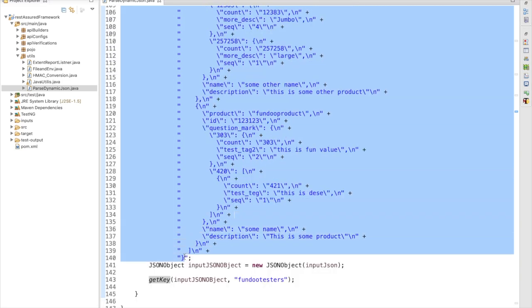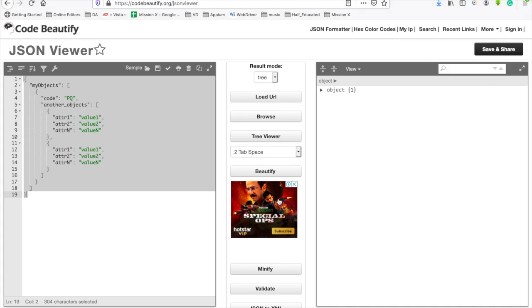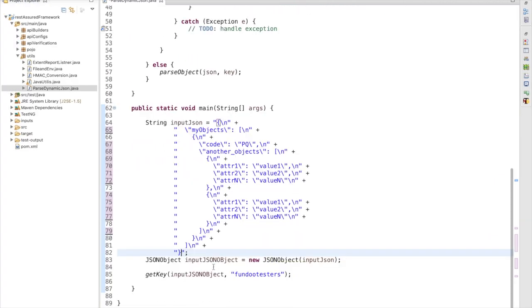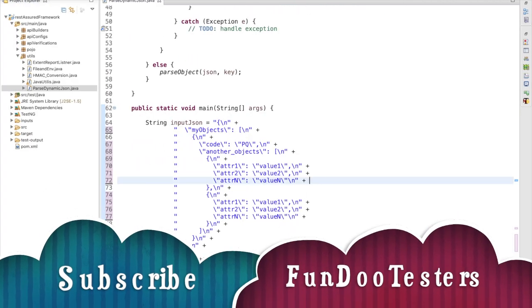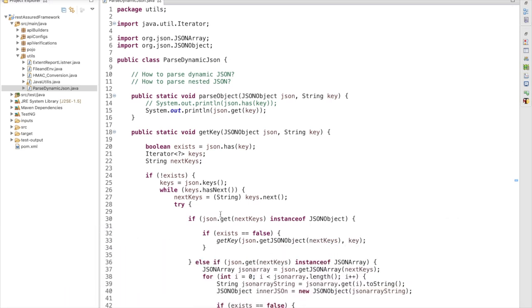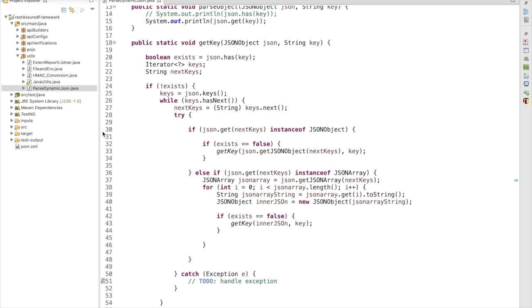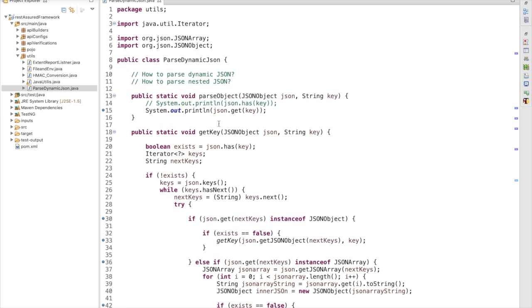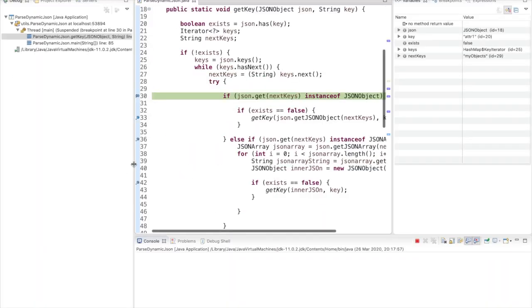For understanding purposes, I'm going to use EasyJSON, so we can easily grasp the thing. I'm going to validate attribute 1 inside this JSON, and I'm going into debugging mode. I want to put my breakpoints. First will be here at the if condition, then this else condition, and what it is going to do here, and how this line also works. So we'll loop through, and let me debug my code. I have to switch to debug mode. This is my debug mode.